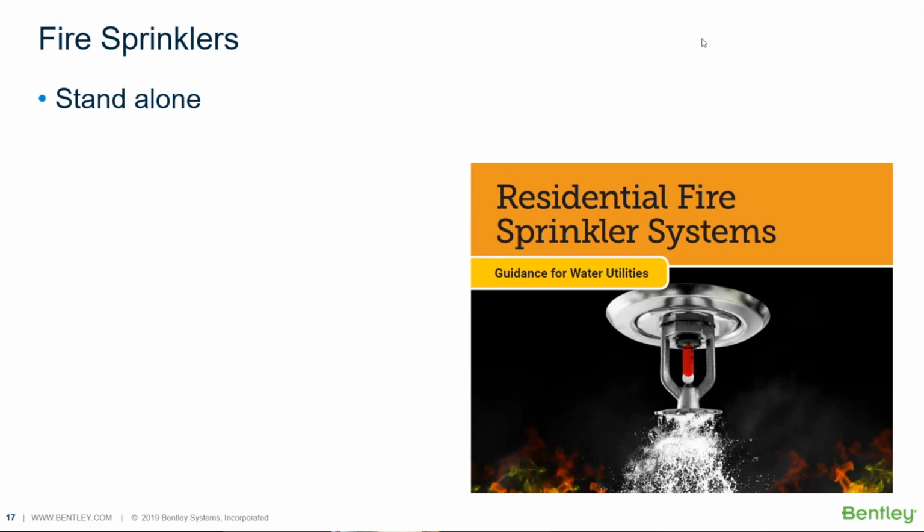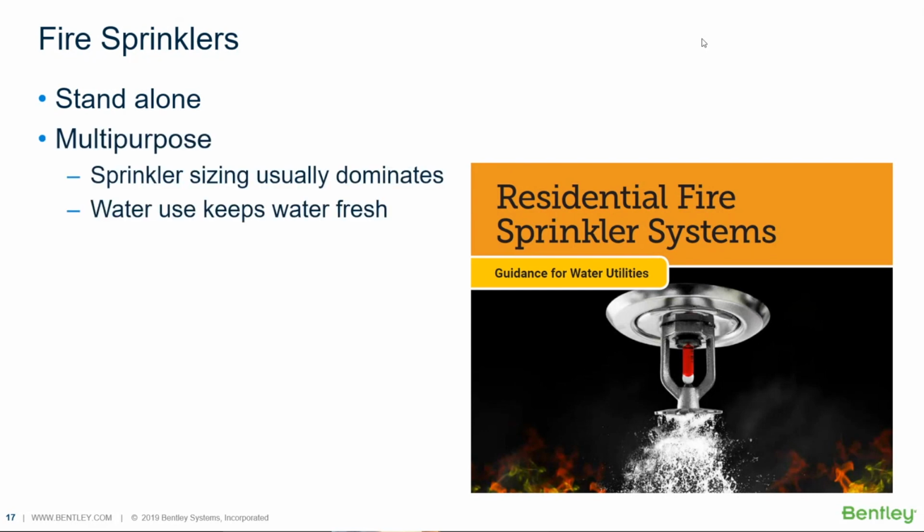But we're seeing now, especially in individual residences, multi-purpose systems, where the sprinkler piping and the water use piping are the same pipe. And it saves a lot of money this way. You don't have to run 2 pipes through your house in order to have fire sprinklers and water for your sinks and washing machines. And this now has changed the way the systems are sized. So a lot of the stuff we saw in last month's talk doesn't really apply here once fire sprinklers get involved, and you also have to consider that. So you have 2 different designs you have to do for the same pipe.